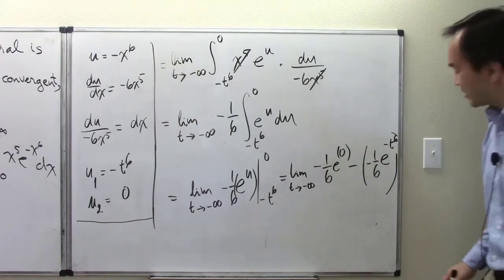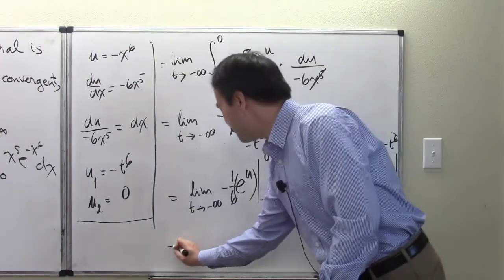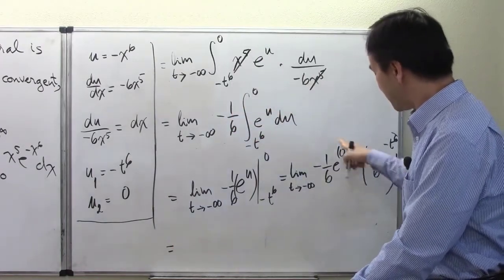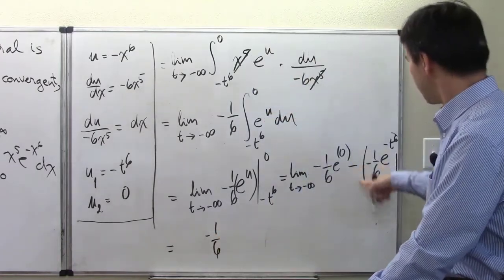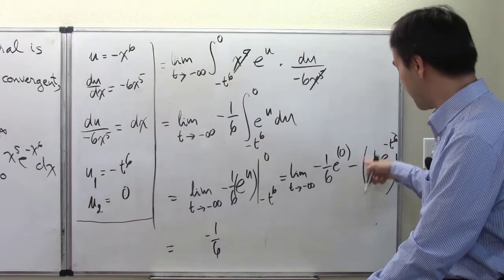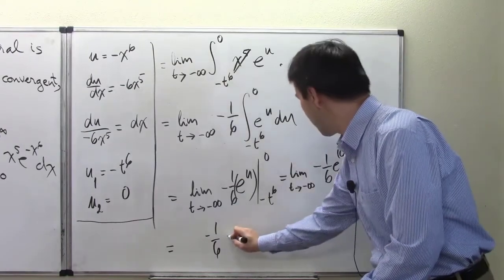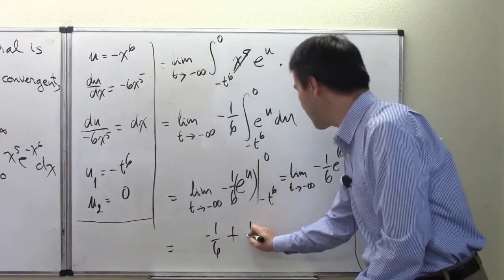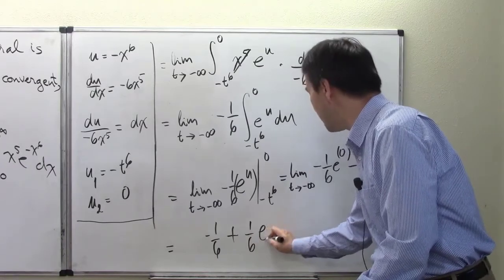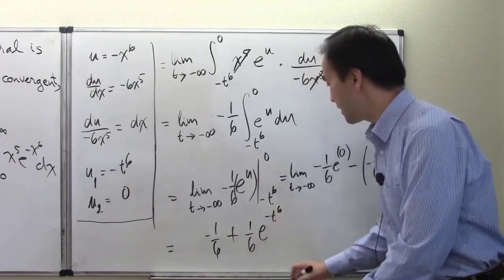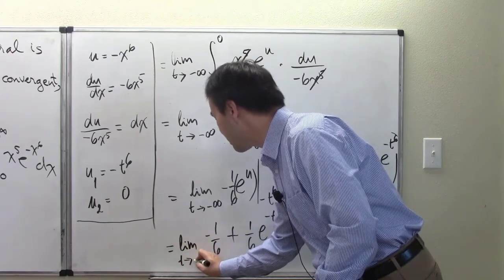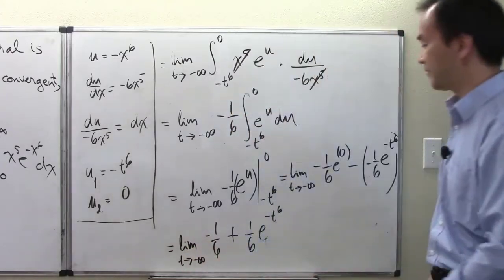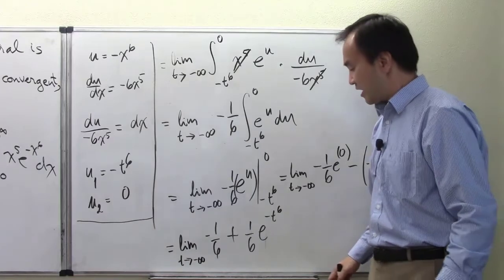Okay, and so in the next step, so that first term is a negative 1/6. The next term here, to get the two negative signs after removing the parentheses, becomes plus 1/6 with e to the minus t to the sixth power, and overall this is a limit problem where we're letting t approach negative infinity. Okay, and so now